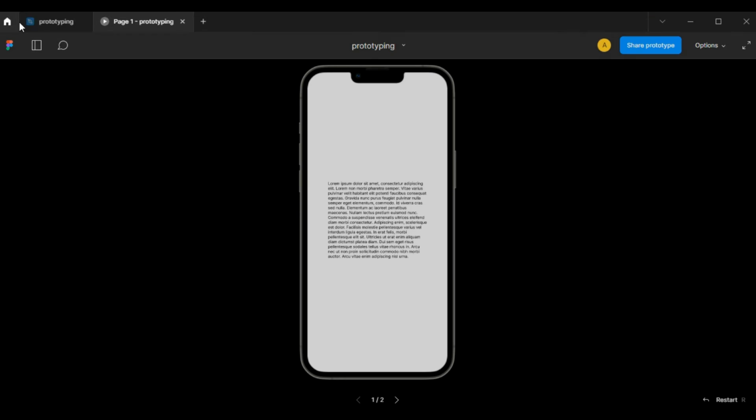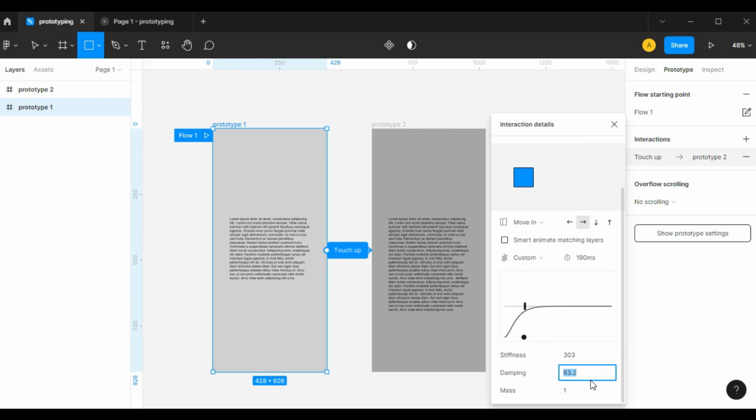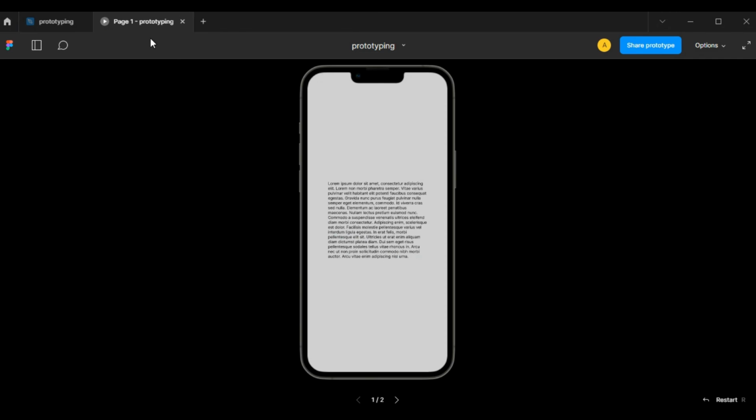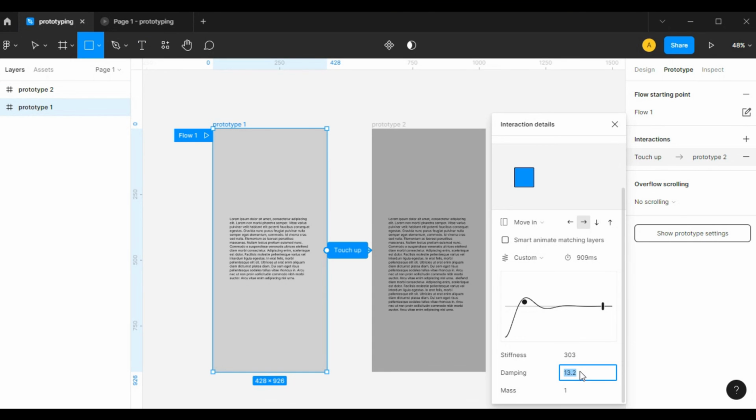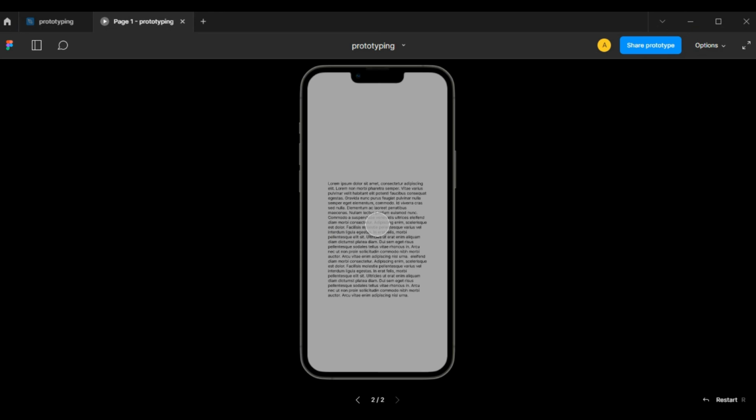Hmm, it didn't work. Now, what's damping? Oh, it started working, it seems. So you would have to go and change damping, maybe. And then it will become a spring animation. Okay, so that's pretty good. Let me increase the damping here to 73 and let's see what happens. Yeah, the spring